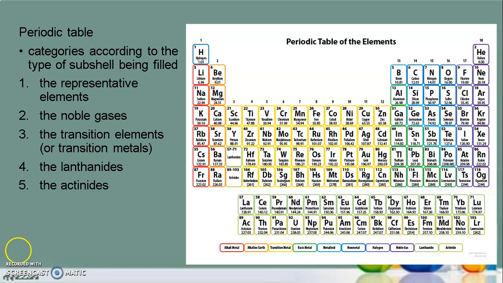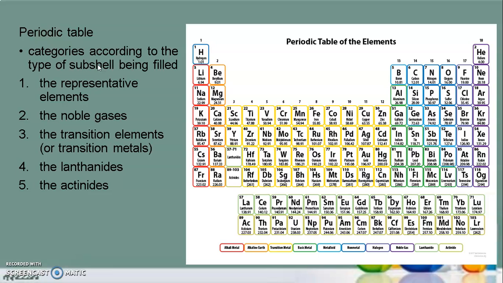Hi. So to continue with our lesson on atoms and the elements, let us first have a discussion of the periodic table. Now, what you have here is a periodic table in which the elements are arranged in accordance to similarities in terms of mostly chemical properties. So, your periodic table puts your elements into categories.